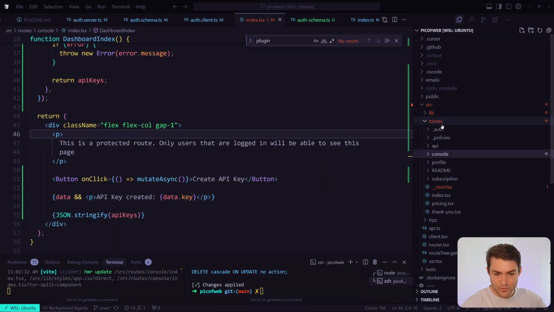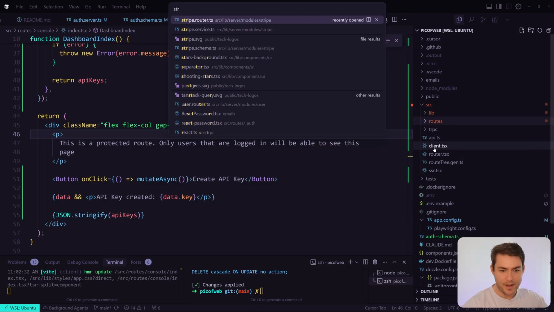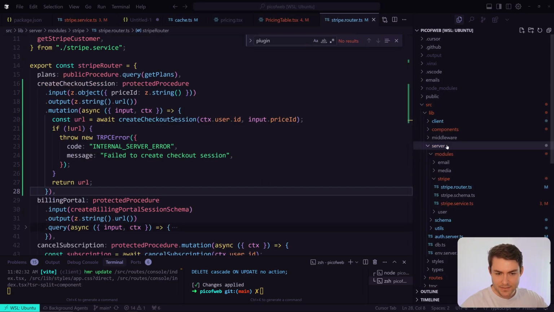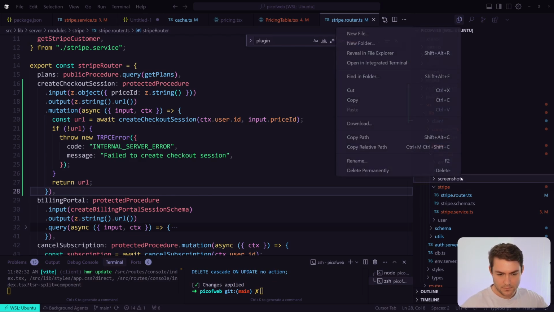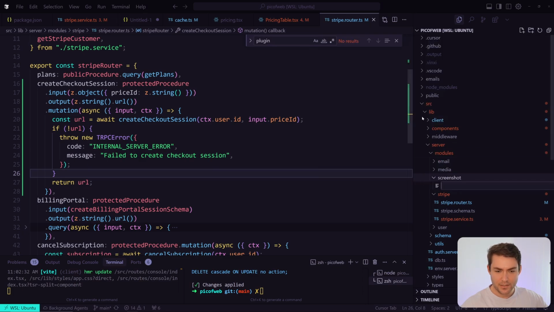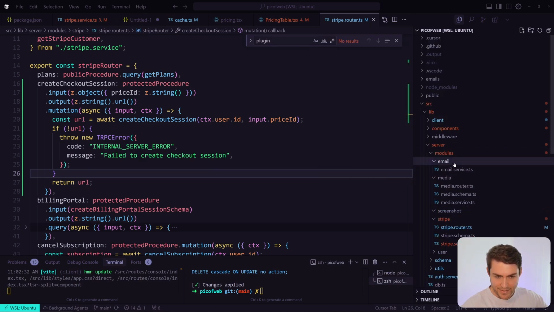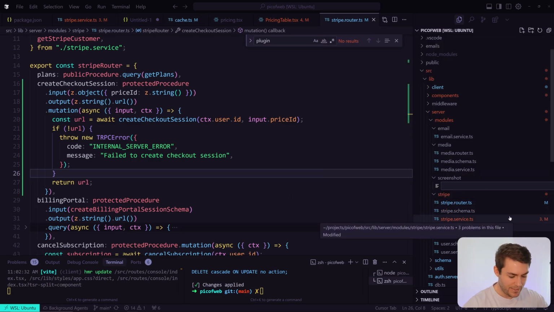Let's go over to our modules. So I know Stripe is a module. Let's create a new module, and I'm going to call this screenshot. Cool. Inside of screenshot, if we have a look inside of media and email and Stripe and user, you can see that we have all of the same files. So we need a